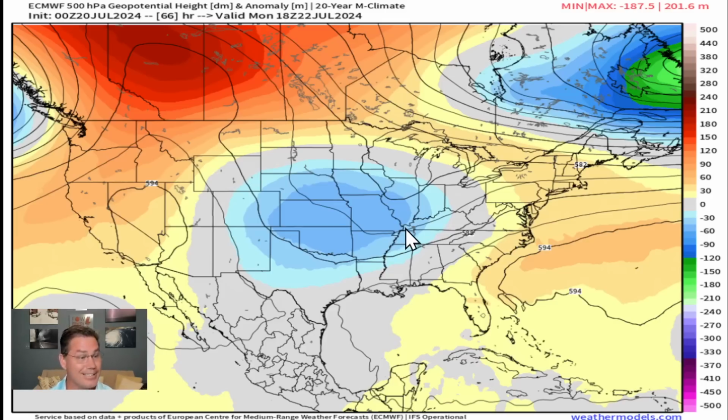But man, it is all about this significant trough that's really going to be setting up across a good part of the central U.S. as the heat will expand across the west. And these areas across the central U.S. will only actually get a little bit cooler as that low pressure center and the trough will continue to sink further south, and the northwest flow is eventually going to drift it all the way down into the deep south. So yes, we're talking a good part of Texas and Louisiana and a good part of Mississippi and Alabama and Georgia. All those areas are going to be experiencing those cooler anomalies, especially as we head into early